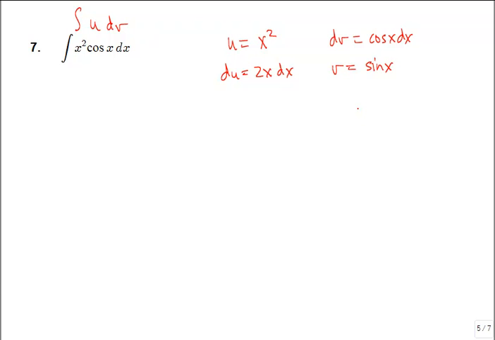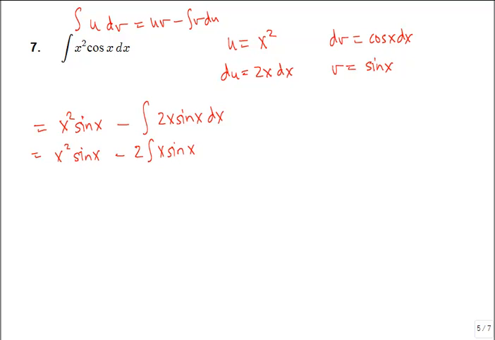Okay? So then this is going to be u times v minus the integral of v du. So this becomes x squared times sine x. That's my uv, minus the integral of v du, so 2x sine x dx. We can pull that 2 out,